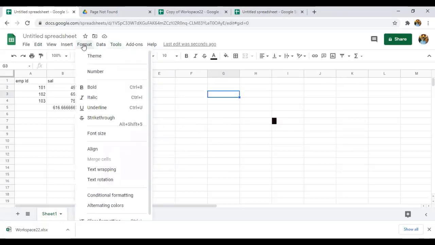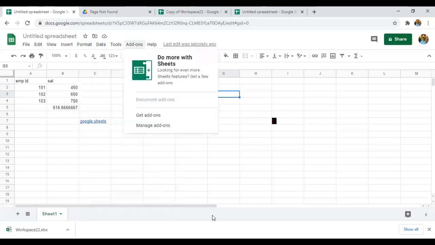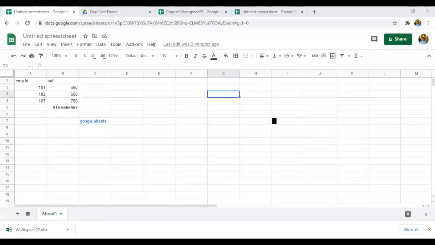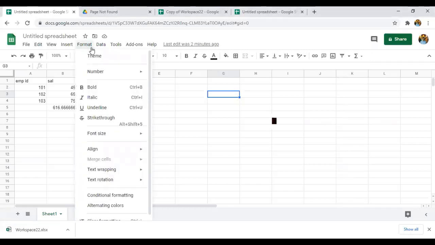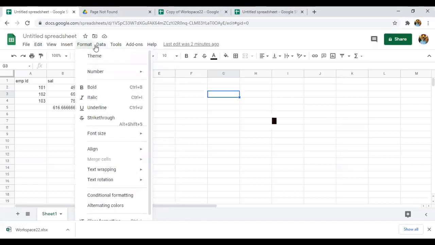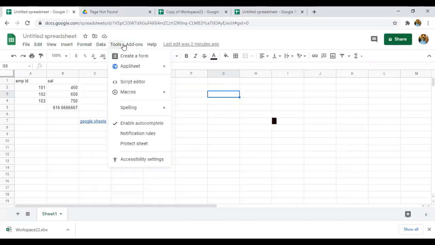Right? And coming to the next field, that is Format. I will show you the different formats and data tools in a simple way by clicking on each icon.